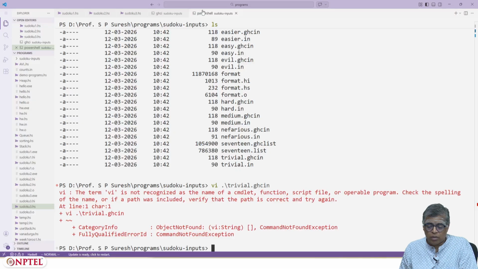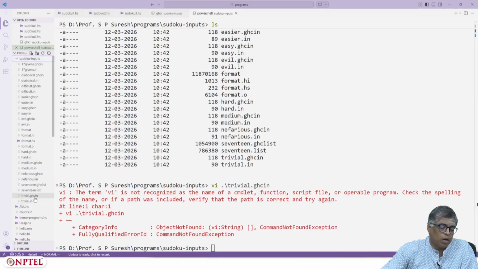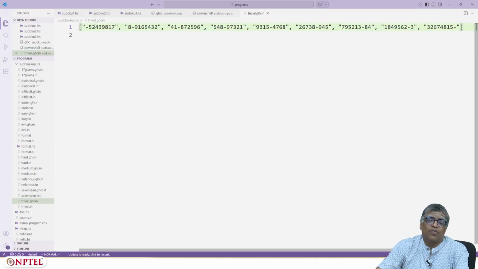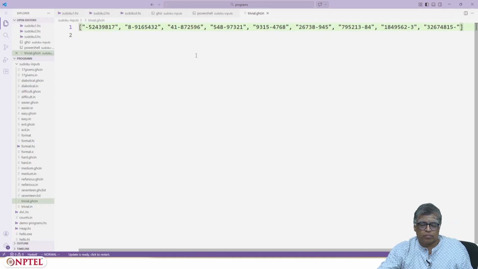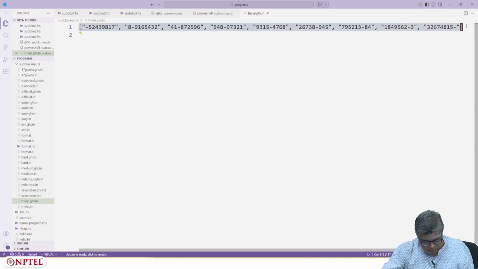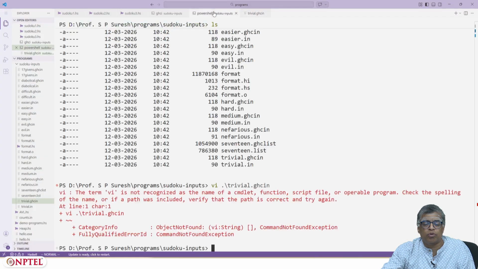Let's look at trivial. What happened? Sorry. So this is a trivial puzzle. As you can see, each row has only one empty cell. So let's try this on GHCI. Let's try to copy this line, Control C, and let me go to GHCI.